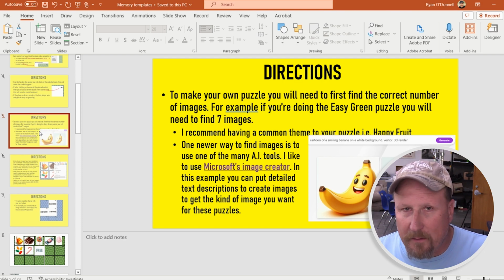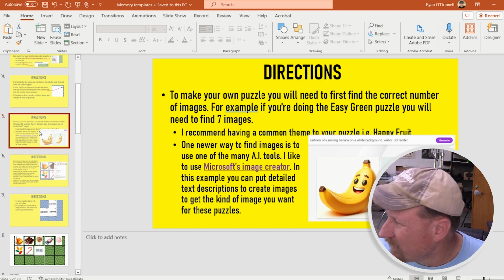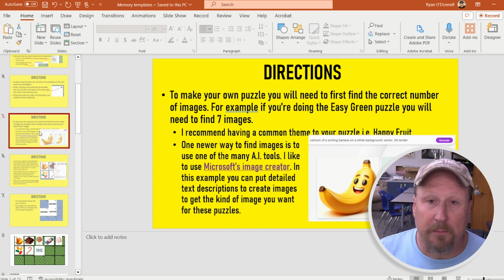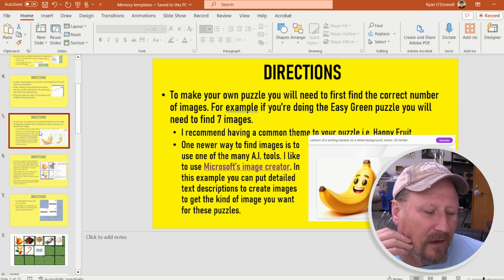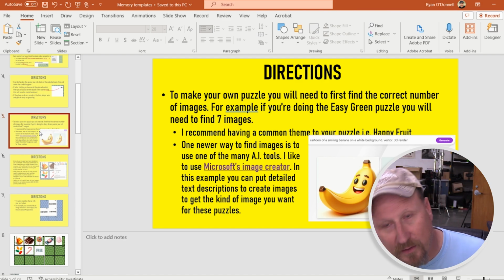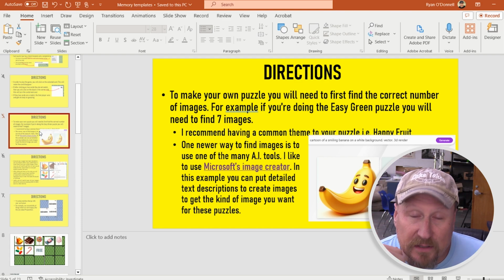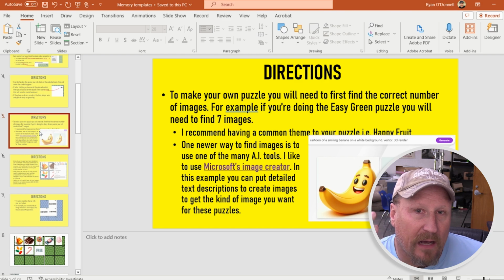You can go search the web, and you go down that rabbit hole, what's that called, when you go down a road and you don't know where you're going. Anyway, you go down that rabbit hole of trying to find the perfect image, and you look at your clip arts and all that to get what you need. Or, funny story, virtually all of the images that you saw in mine, I've jumped into the artificial intelligence world,